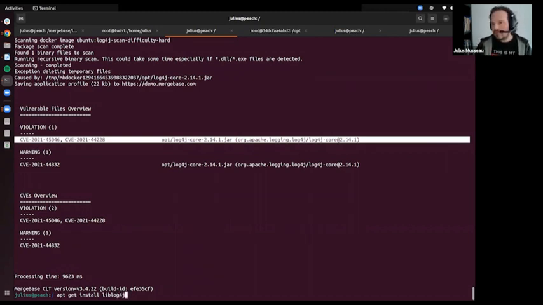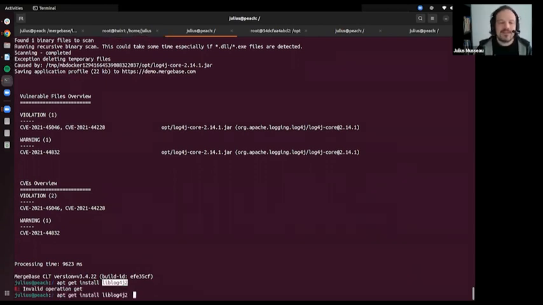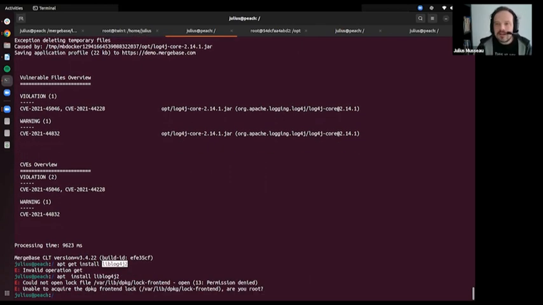Container scanning is based on a foundation of, I think, liblog4j too. The foundation of container scanning is, well, package management. The package database knows every package that I've installed through the operating system. There's a notion of what is operating system and what is not operating system. And so here, what I'm doing is installing liblog4j inside the sphere of the operating system. And if it's inside the sphere of the operating system, then a container scanner has to be able